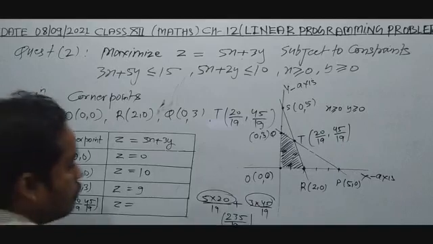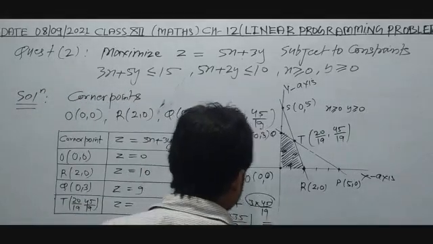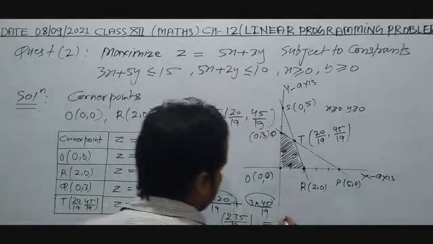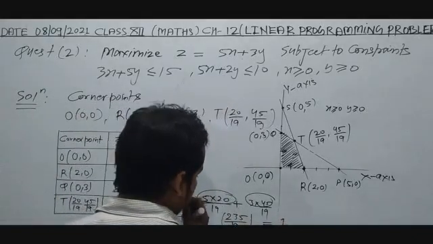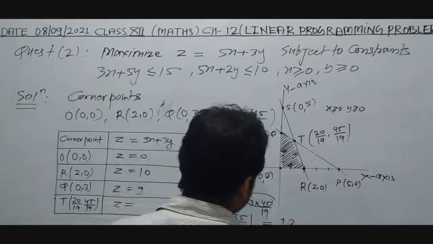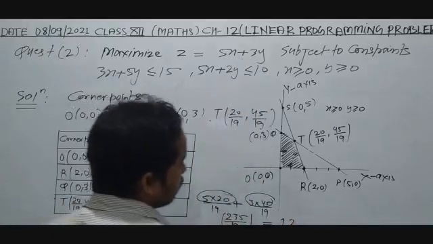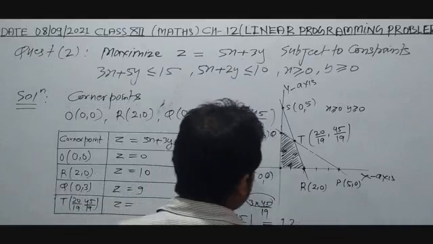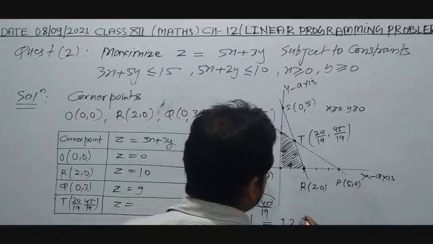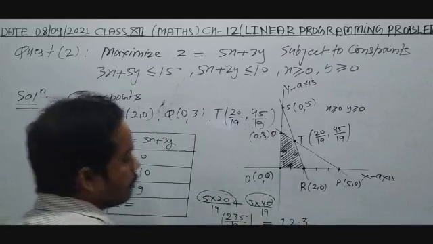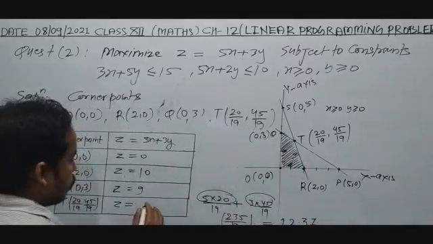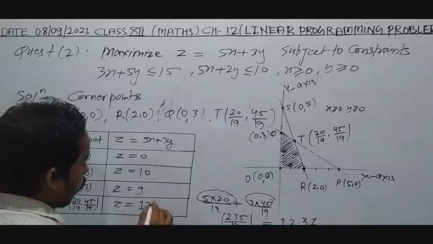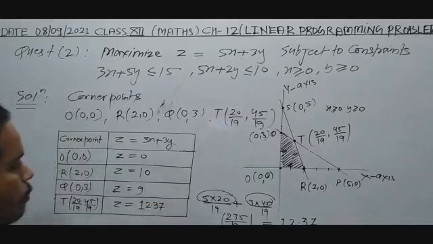So after solving, you will get 19 ones are 19 and 4, 45, 19 twos are 38. Next 7, decimal 0, 19 threes are 57. Next 13. Now you can consider 7. So z is equal to 12.37.